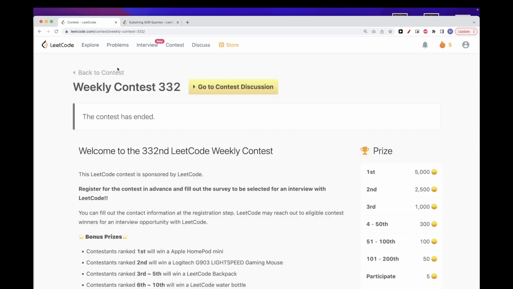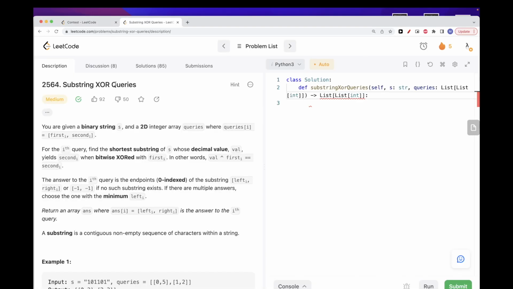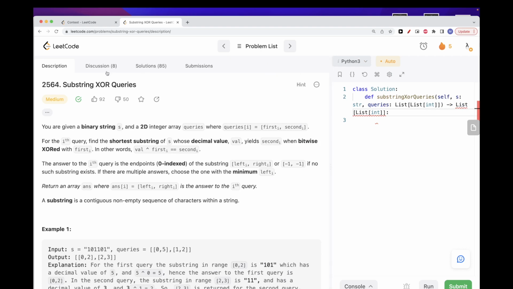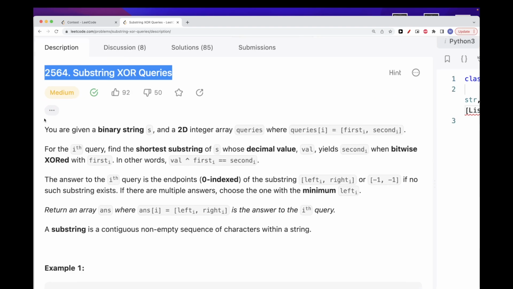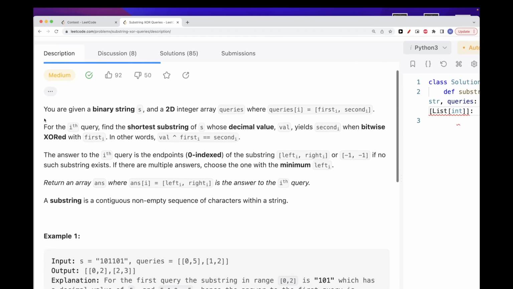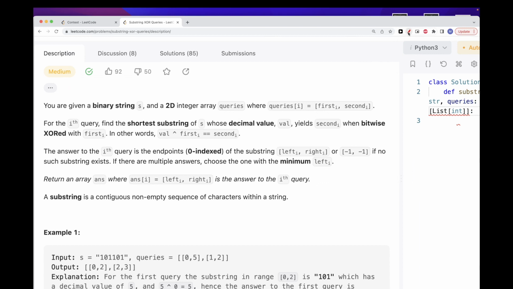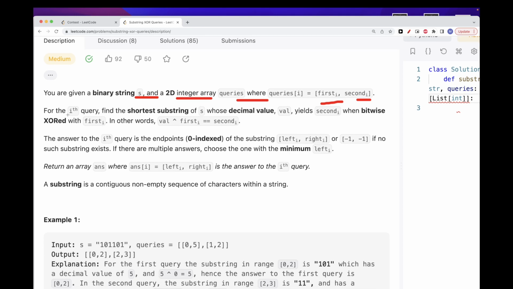Hello, so continuing on weekly contest 332, the third problem is substring XOR queries. What this problem tells us is that we get a binary string S, and a 2D integer array of queries that has two numbers, first and second. And what we want to do is, for each query, find the shortest substring of the string S such that the decimal value that we get from the substring